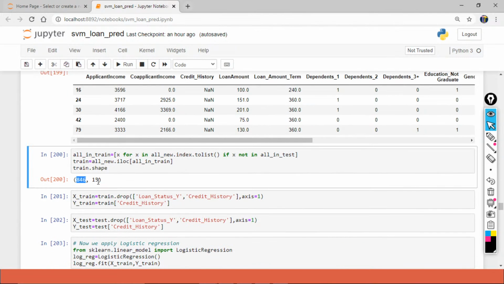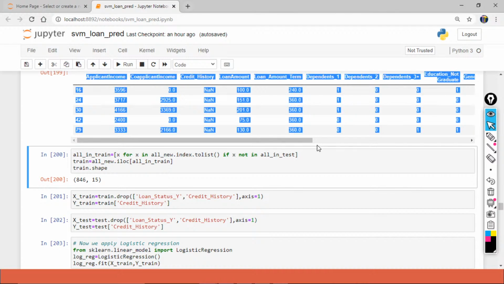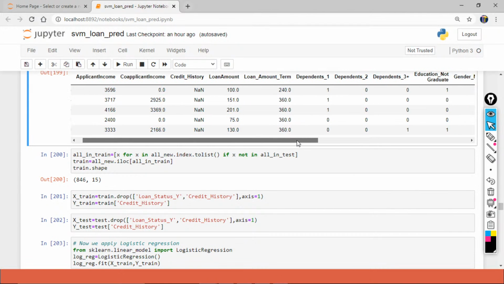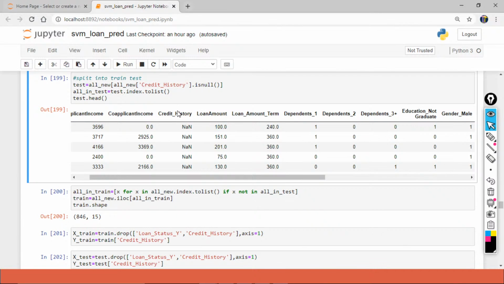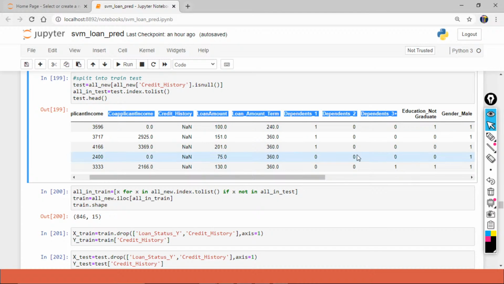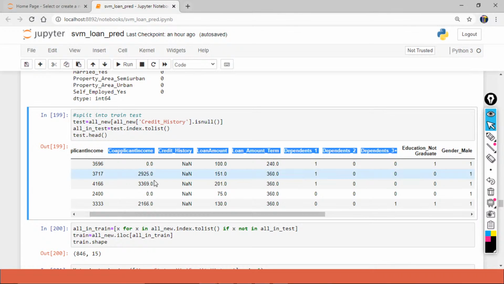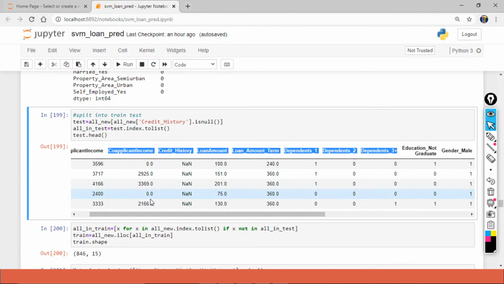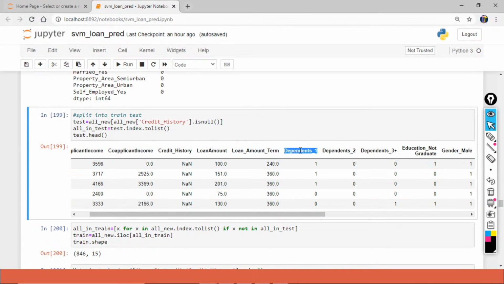Right, so here now you can see we have 846 comma 15. So why 15? It is because we have dependent columns up to dependent 3. So almost all these columns which we are talking about, they are all very important. Okay, and why do we have 15 is because earlier dependents was only one column, but now dependent 1, dependent 2 and dependent 3. And now what we would do is, because we have too much information, I would remove a few columns,